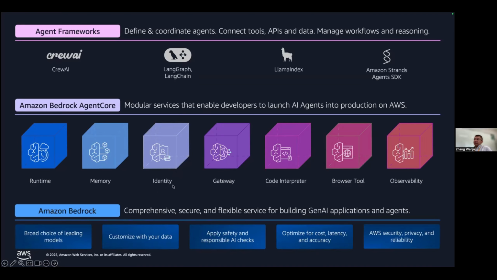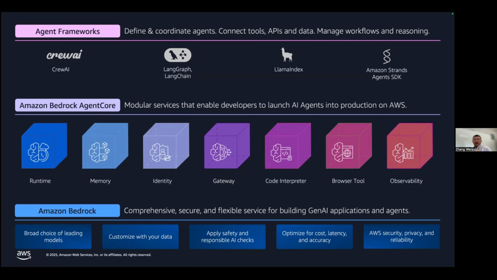This is an identity component for the authentication and authorization of the agent, even for service-to-service authentication and authorization. And the gateway component. With the gateway component, we can bridge the OpenAPI interface and MCP.